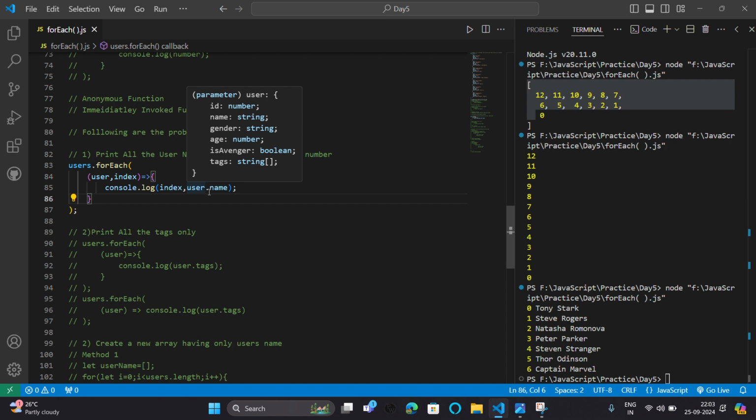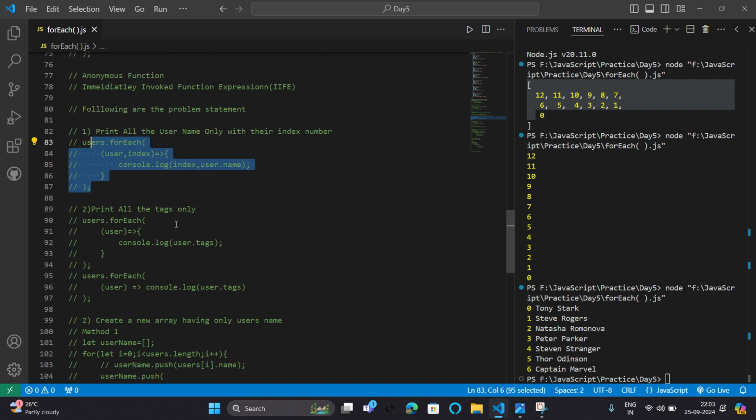If I use a for loop, I have to write users in the square brackets and then the index number. So it gives the output, but in the forEach method there is no need for this loop statement. Okay, so this is the problem statement solution.